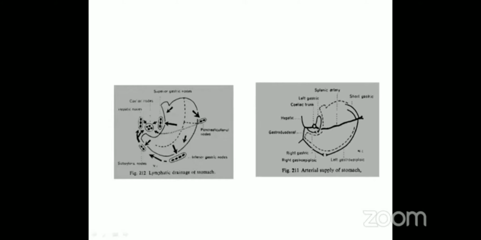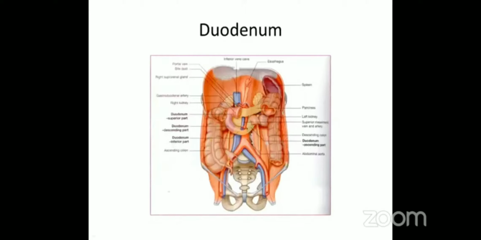Now coming to the complicated part, now the duodenum. What you have to remember, which is common for duodenum, pancreas, even for the kidneys, because all these are retroperitoneal organs, they are covered by peritoneum, so they are not directly visible, and they are covered by all different organs which are removed. Now what is removed here is the transverse colon with transverse mesocolon, the liver, and the stomach. Then and only then you can see all these organs.